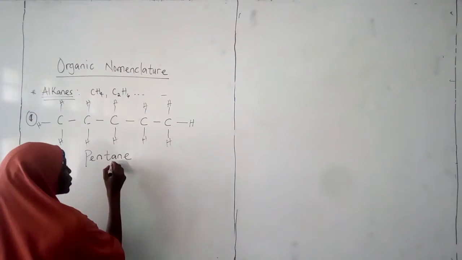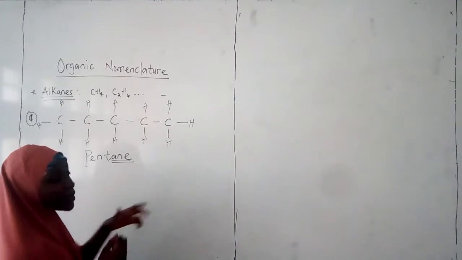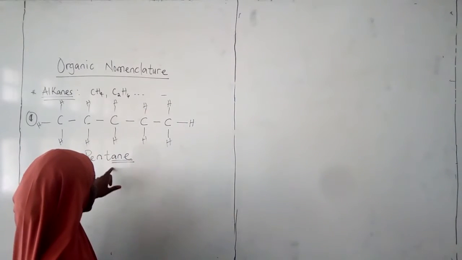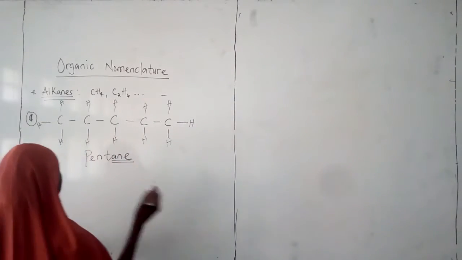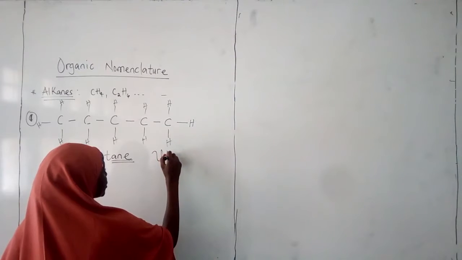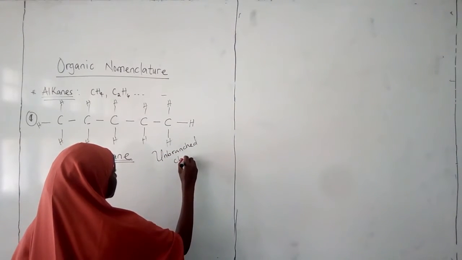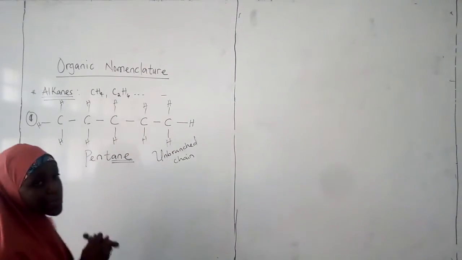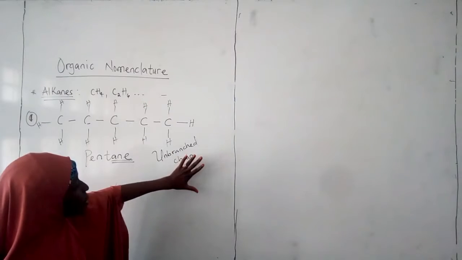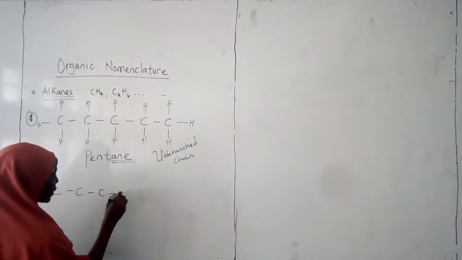Alkanes always end with what? A-N-E. The parent chain should always end with A-N-E. It's showing that it is an alkane. Now, this is an unbranched chain, which I know everybody is familiar with. Now, for the branched chain,